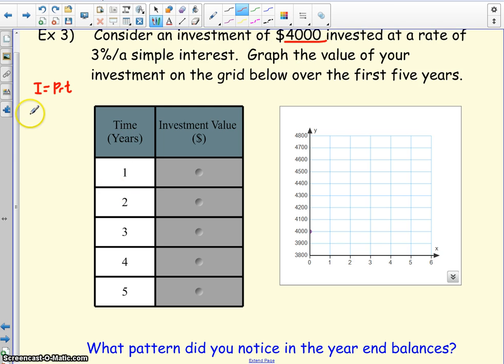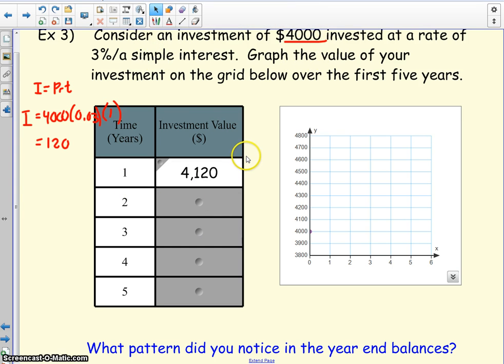So if the year is 1, I'm going to put in a principal of 4,000, a rate of 0.03, and a time of 1. So if I run that through my calculator, I will get $120. So my amount, the total value of the investment, will be the $4,000 I invested plus that $120,